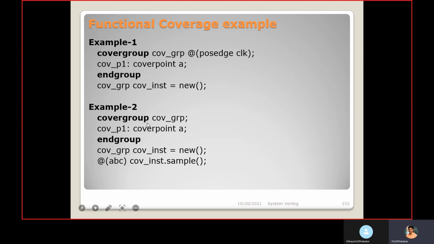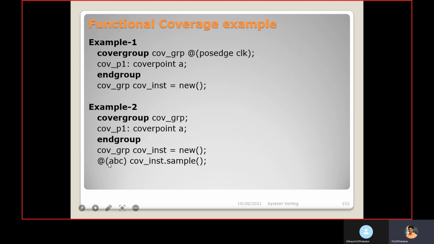The other way: covergroup name, inside that we have coverpoints and input. The covergroup is instantiated as cov_inst and we create it with new, using this .sample. Instead of at passage of clock, we want to sample based on any event. @ABC is nothing but an event there.